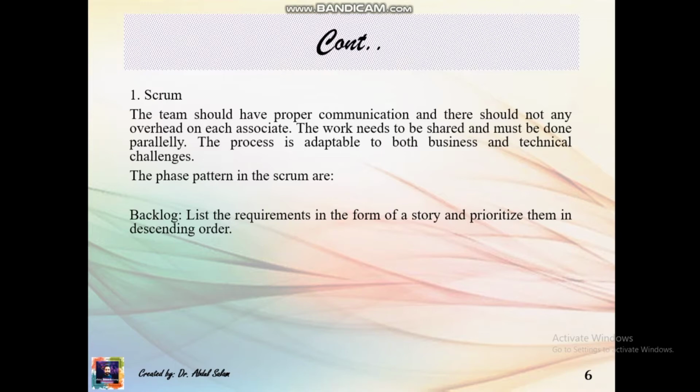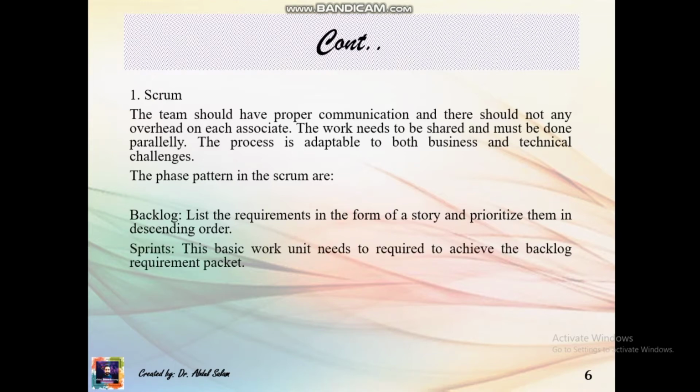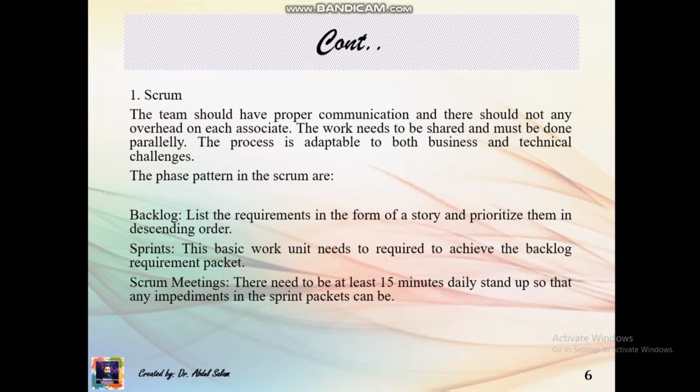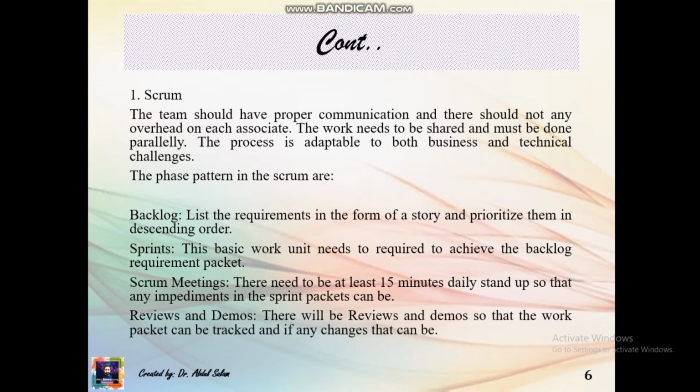Backlog lists the requirements in the form of stories and prioritizes them in descending order. Sprints are the basic work units required to achieve the backlog requirements packet. There needs to be at least a 15 minute daily stand-up so that any implementations in the sprint packets can be reviewed. There will be reviews and demos so that the work packet can be tracked and any changes can be